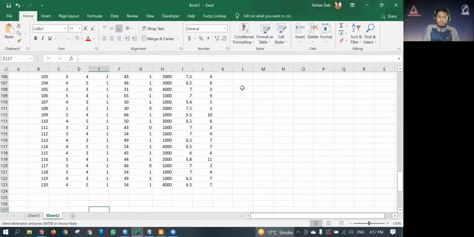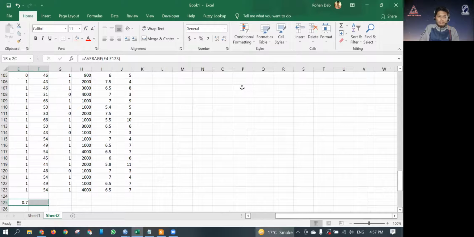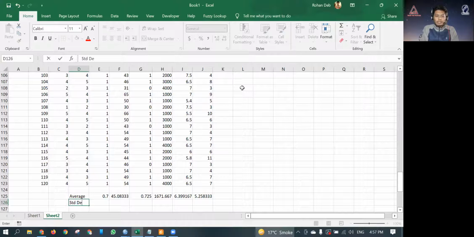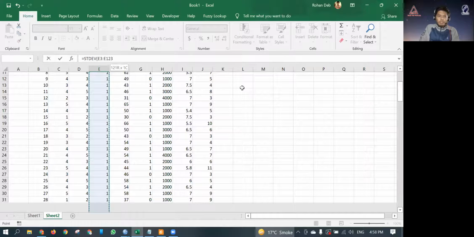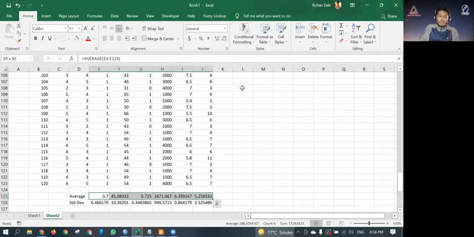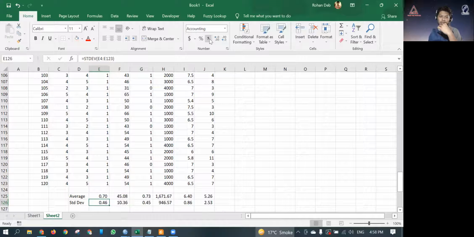The average is equal to average, select the entire thing, close the bracket, then Control Right. Then standard deviation, equal to STDEV, select the entire thing, press Enter, and then Control Right. So this is the average and the standard deviation.